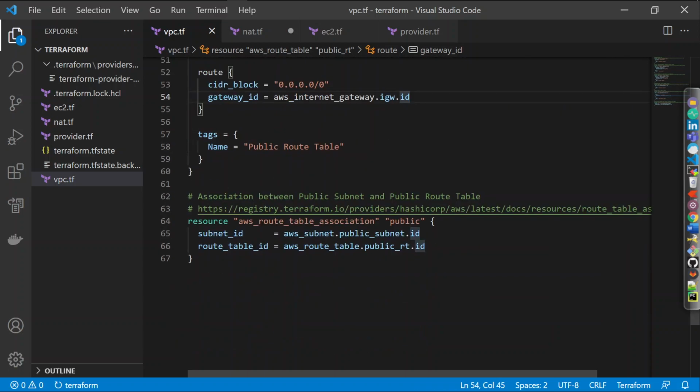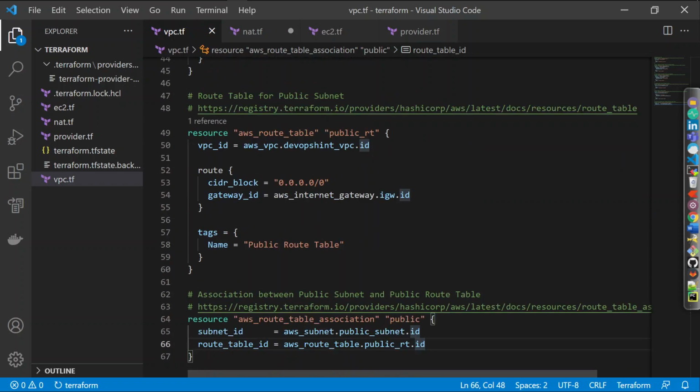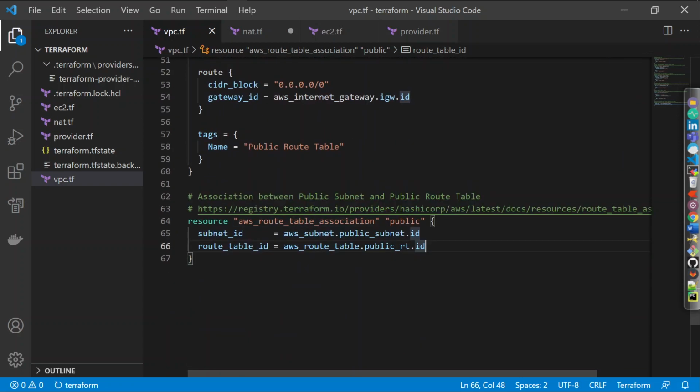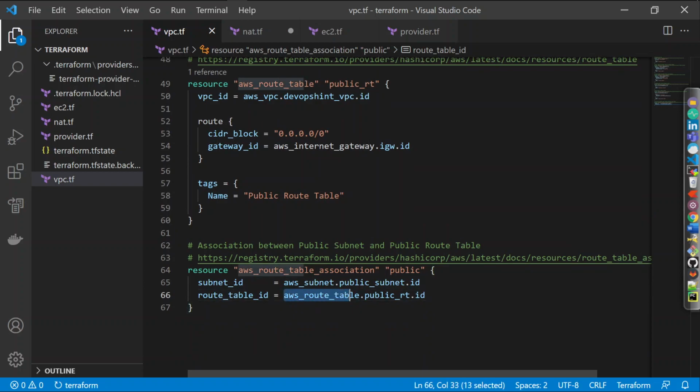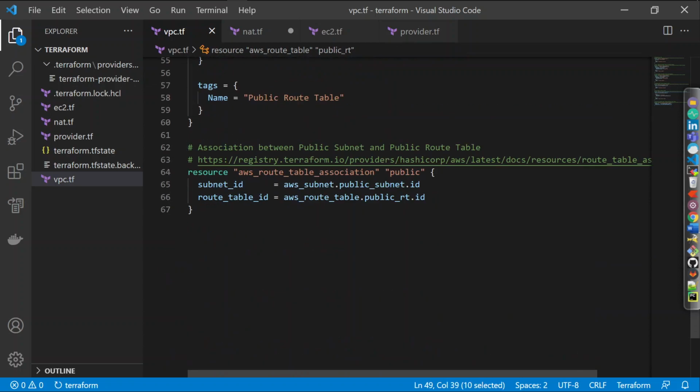Fine. And then the route table association with the public subnet. So simply aws_route_table_association, the name of the association, and the subnet ID, meaning with which subnet you have to associate. Here I am creating the public subnet, so obviously we'll associate the public subnet. So we have to give a public subnet ID here and the route table ID. For the route table ID, the interpolation is aws_route_table and the public route table. Here I have given the name public route table. And here the subnet ID, which is my public subnet.